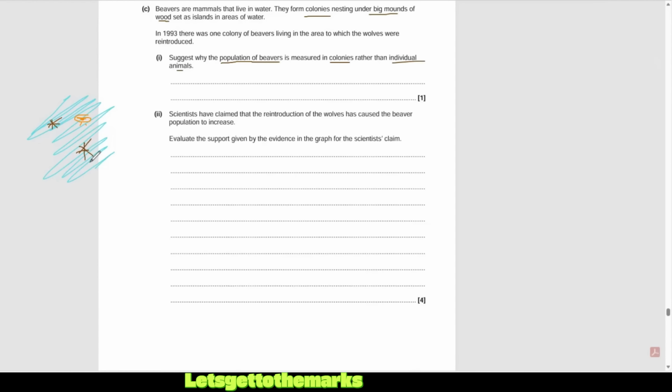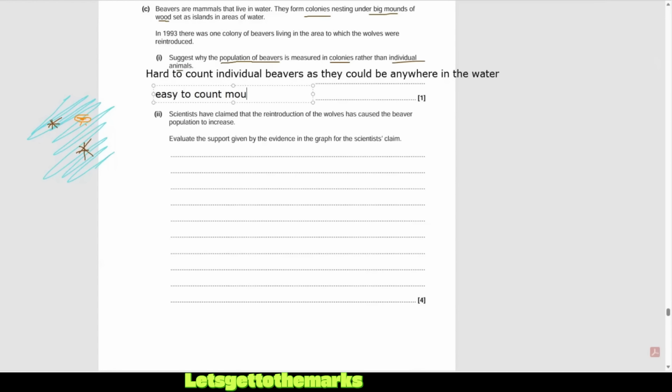This is a little bit like bacteria, where you have so many millions of them, it's easier to count the colonies than individuals. You couldn't possibly count individual bacteria. So you could count individual beavers, but it would be hard. So I'm going to say hard to count individual beavers, as they could be anywhere in the water. You'd have to set underwater cameras up everywhere. And how would you know you're looking at a different beaver? It's not like counting organisms on the land, right? The water is a three-dimensional space where they could be in any layer of the water. So it's hard to count beavers, as they could be anywhere in the water.